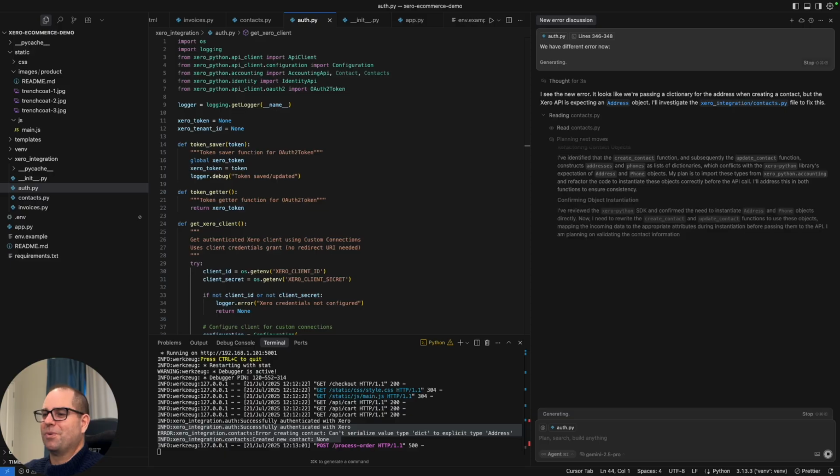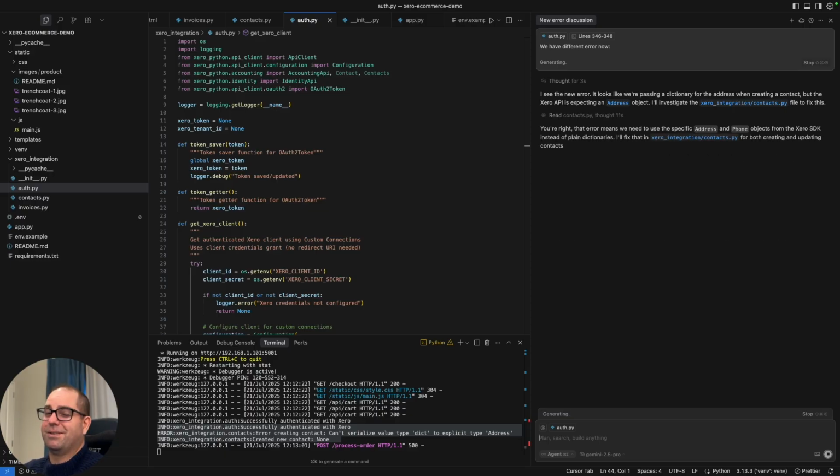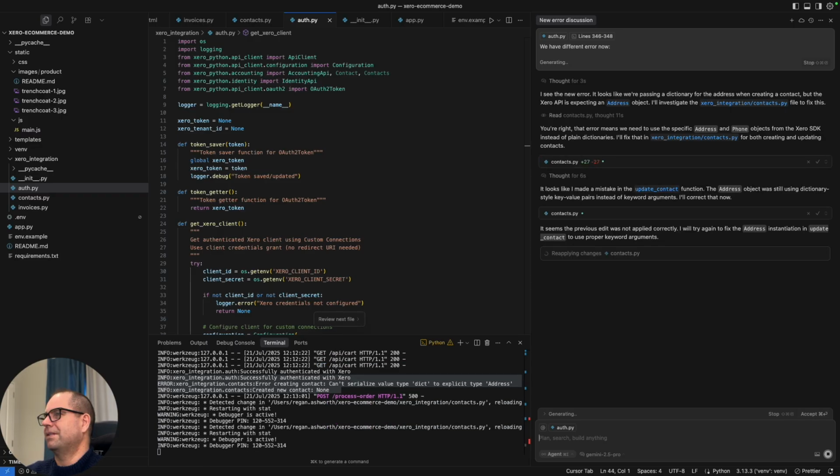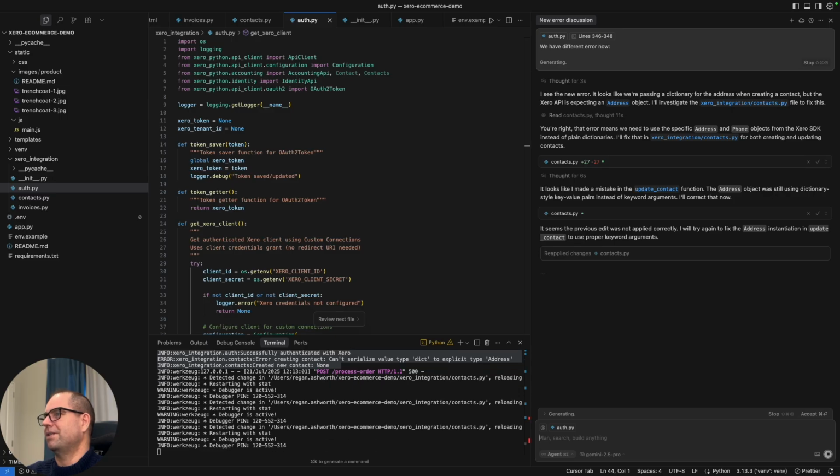We're still getting to the bottom of it. Those developers among us will be like, well, maybe if I had done this myself, I would have got there sooner. Yeah, I see the new error. It looks like we're passing a dictionary for the address when creating a contact, but the Xero API is expecting